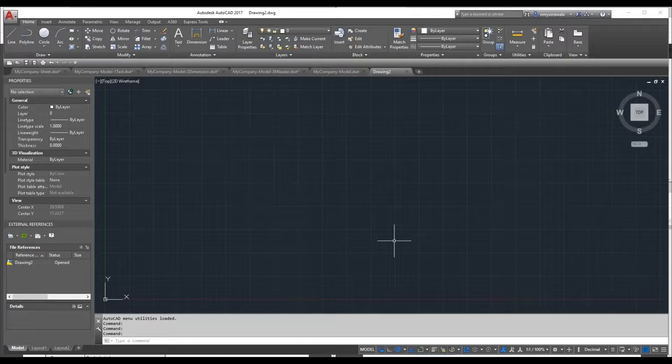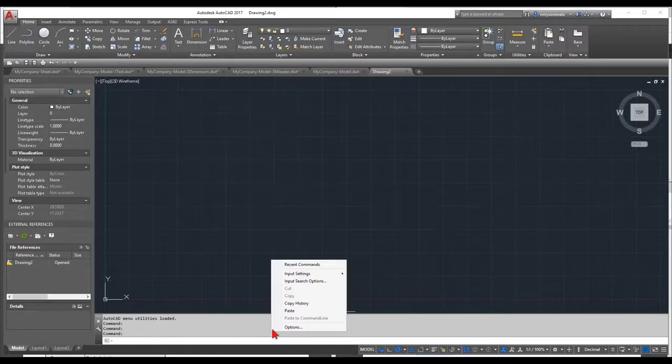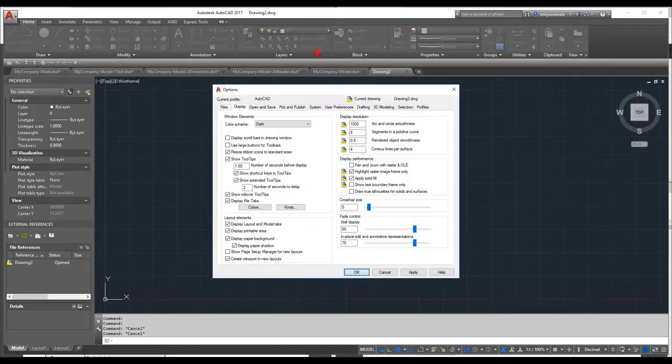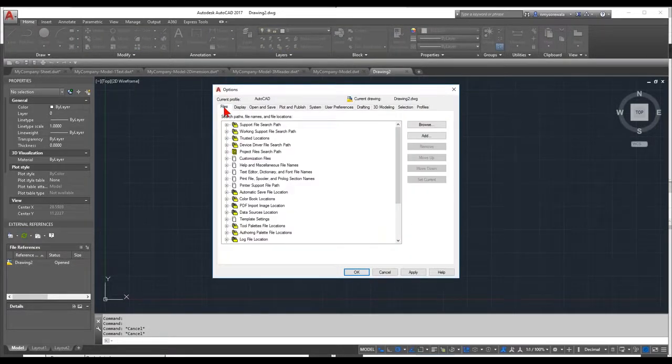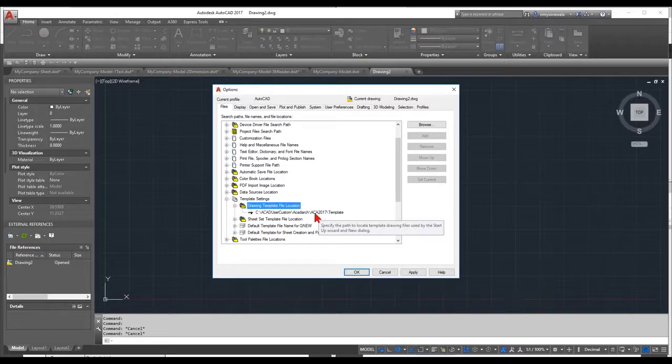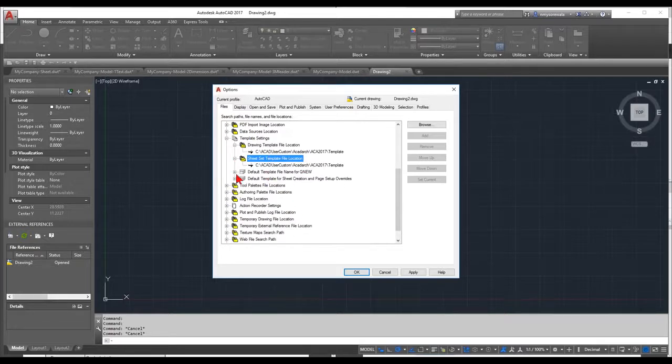So once my drawing is started, the first thing I'm going to talk about is the options. Why options? Well, the options are important because they control what and how you are presented with your template. So I'm going to go to my options; in the command bar I can right click and say options, and under the files tab, all the way at the bottom, it says template settings. This is where I define where my templates are stored, also where my sheet set template, if you use sheet set manager,